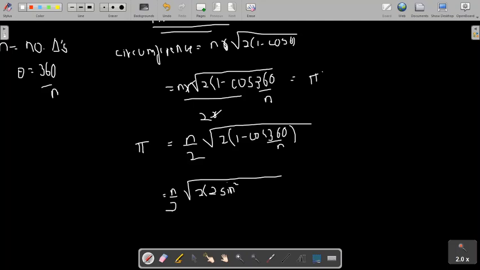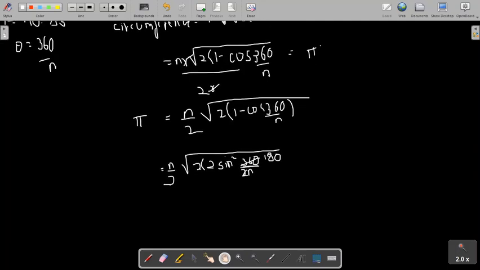of theta upon 2. So what's theta in this case? It is 360 divided by n, and theta upon 2 means this thing divided by 2. So we'll put 2 in the denominator, this cancels out, and we get sine of 180 over n. So if we multiply the 2 that we have outside of the bracket with 2 sine square 180 upon n, we get the same thing as,